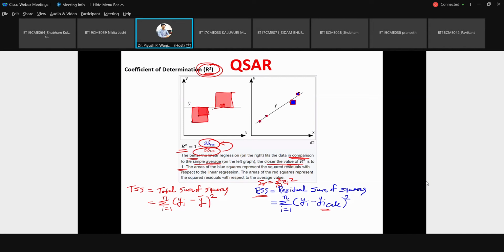So you try to figure out how much the reduction in error is compared to the average value. This is just one way of comparison. That's why I said R square is one way of assessing the quality of models. You can assess it in different ways.